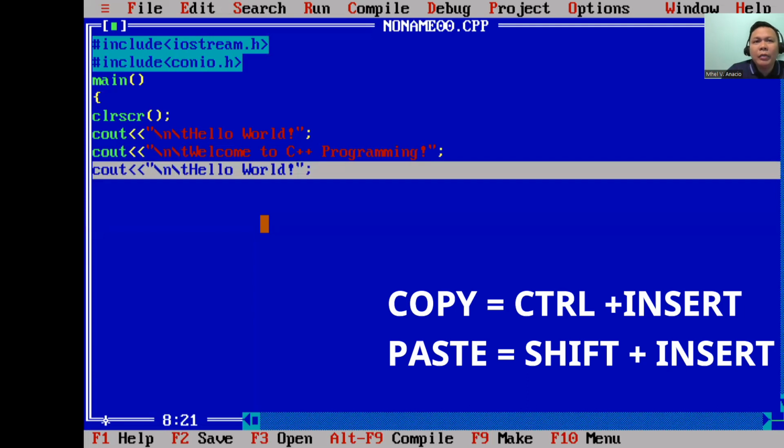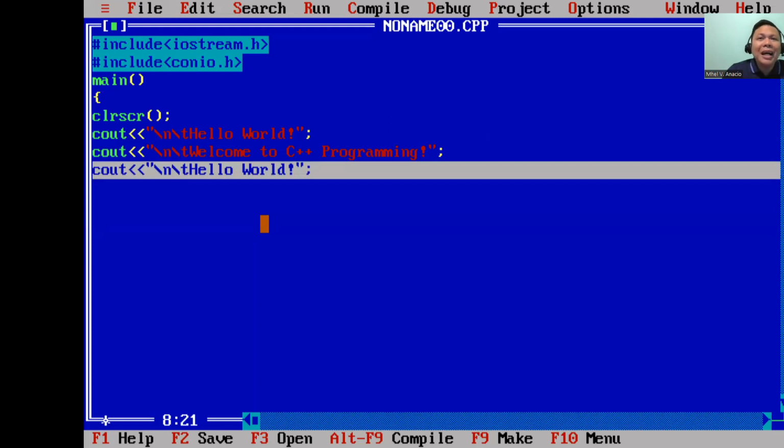The copy and paste will be helpful for you, most especially for students who are using C++ for the first time, because there are students who are a bit slow at typing in programming. So to make our work in creating a program faster, it will be helpful if you master how to use copy and paste. And of course, this is your